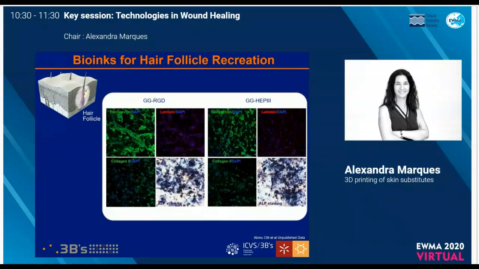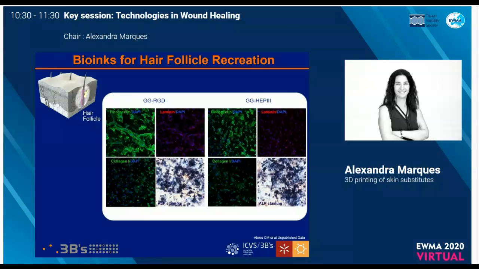If we look at the production of matrix, we can clearly see that, like for the fibroblasts, for example, you also have the production of key extracellular matrix components, but most importantly, we have this ALP activity that is quite strong, and this is a marker that is typical of dermal papilla cells and represents their